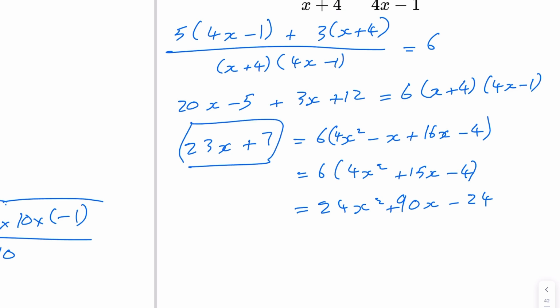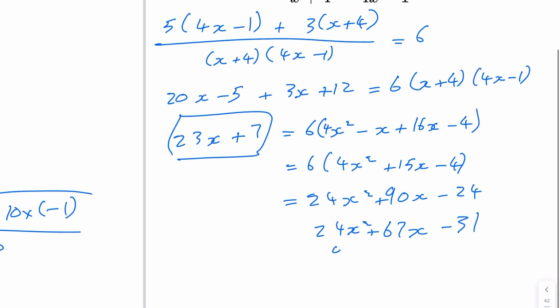So if I move these over, that would be 90 minus 23, which gives me 67. That's 67x. And then it'll be minus 24 minus 7, which gives me minus 31. That's 24x squared. And now we're just going to put this a, b, c into the quadratic formula to get